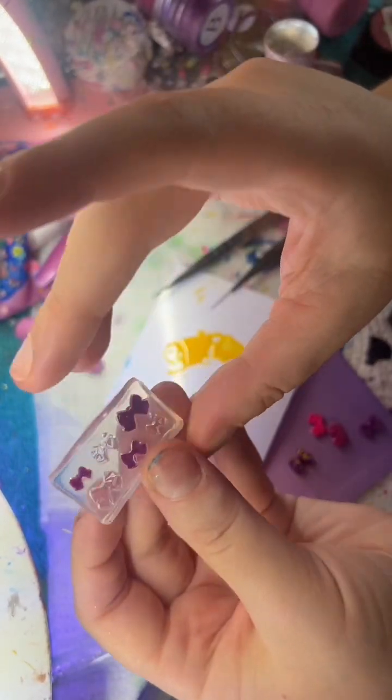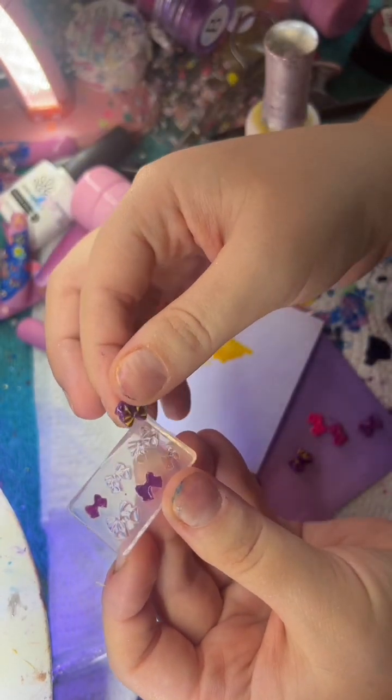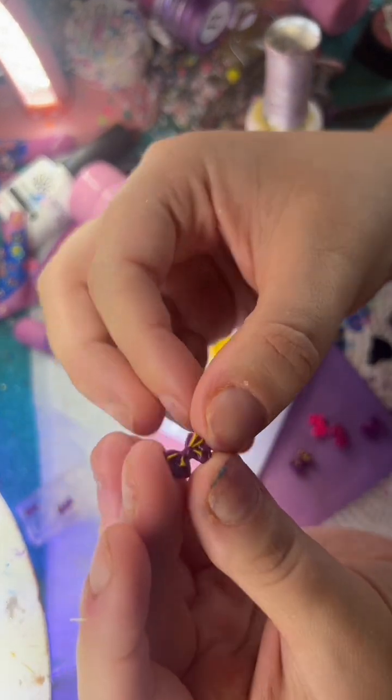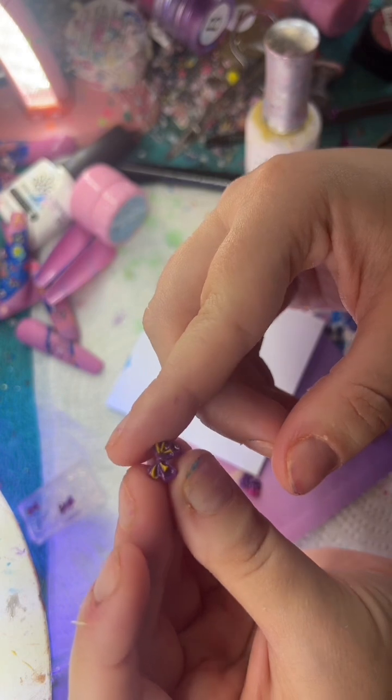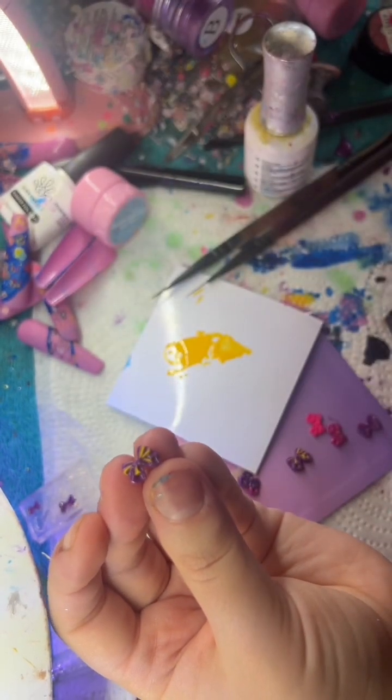All right, I think we should be done. I did add other ones because I wanted to make some more. All right, so there you go. I could be a little bit more precise and get a little bit better with my line placement, but that's all in due time. But there you go. So you don't have to just have the